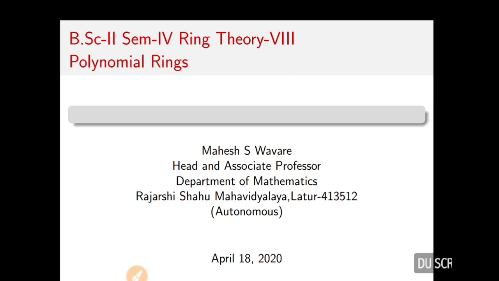Now let us define the polynomial ring. Here we have not verified that this set is a ring, but we are just calling it a polynomial ring. Later on, it is homework after we define the equality of two polynomials, multiplication of two polynomials, and addition of two polynomials. As you know, what is a ring?